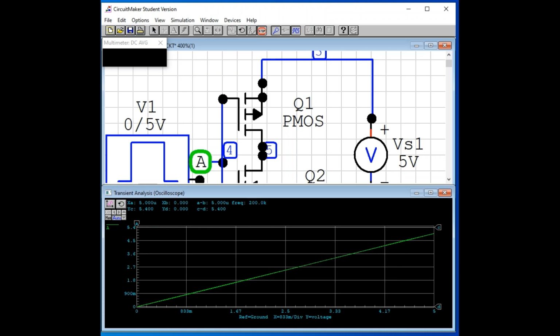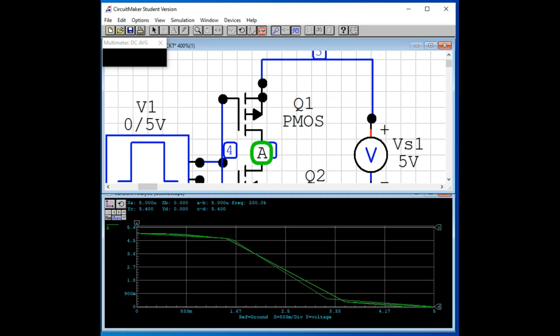Because it's displaying the 4 only, so it's the same number. So if you select 5 here, now it is showing the transition curve. So for input voltage low up to 1.6, output is high about 5, then for higher input voltage it is small. So you can see a sharp transition here.